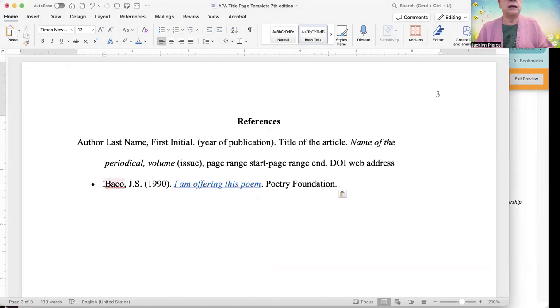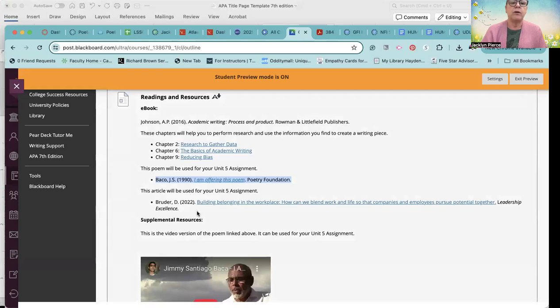Oh, I do not need this to have a bullet, and I need this to go back to the regular margin. It's not more than one line, so it doesn't really have a hanging indent, but we want to have the hanging indent there because if we add longer citations, we will need it. So we're going to then copy this one